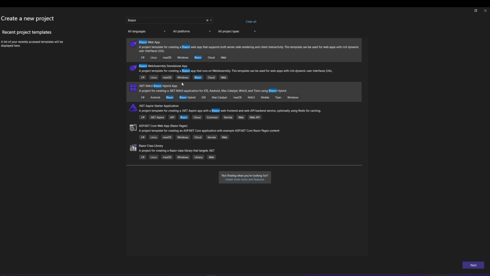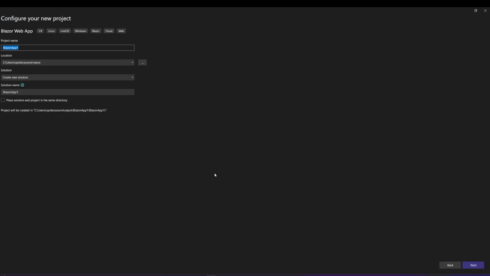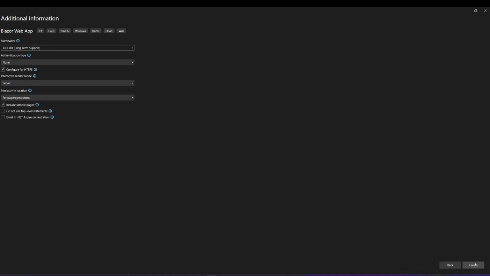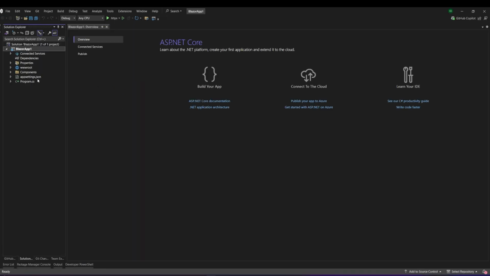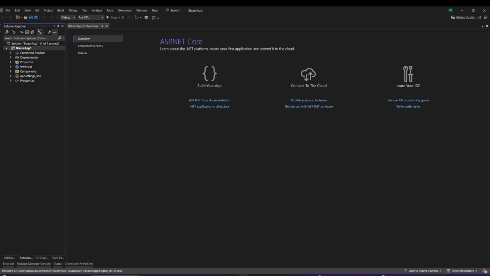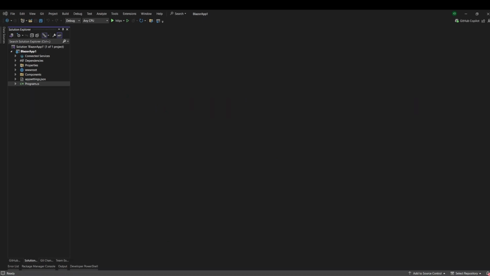So in this video I'm going to choose the first one, which is okay for me. You click on this and then you go for create, and here I'm going to leave the default name, and let's move forward. Here we are selecting the server side, and this is how it looks. So when you create your Blazor app, you see we have this